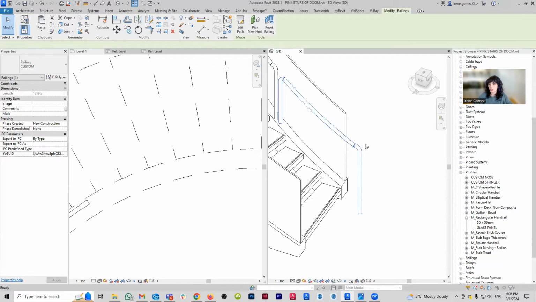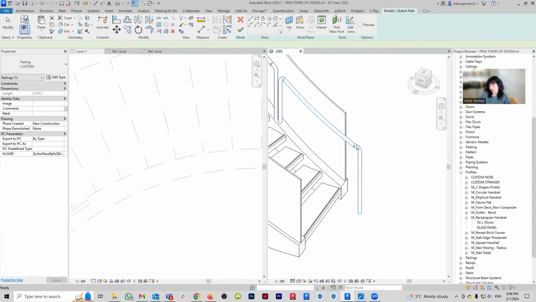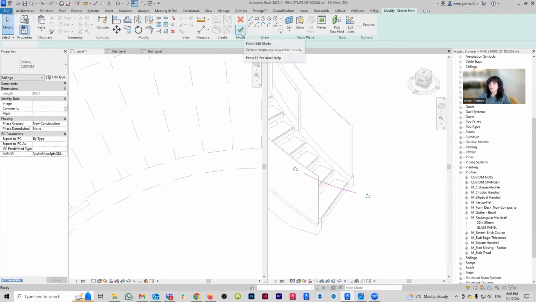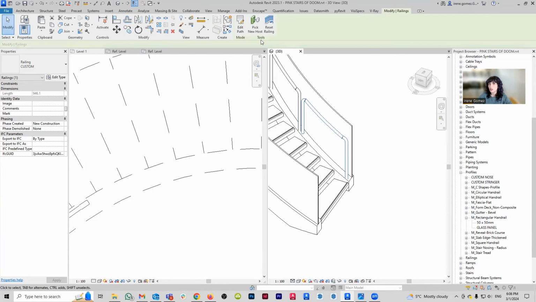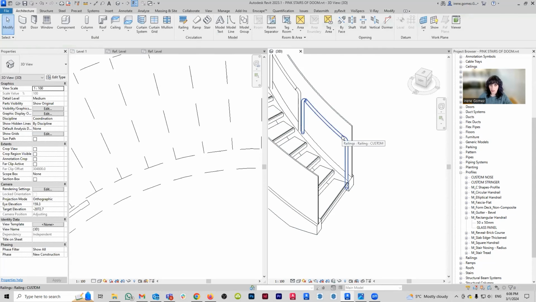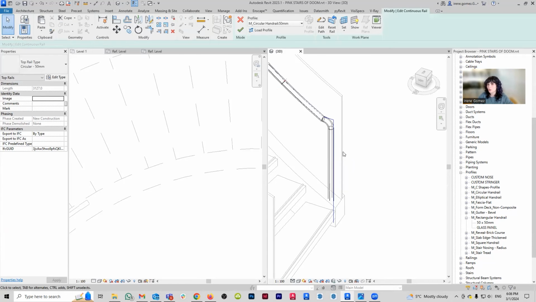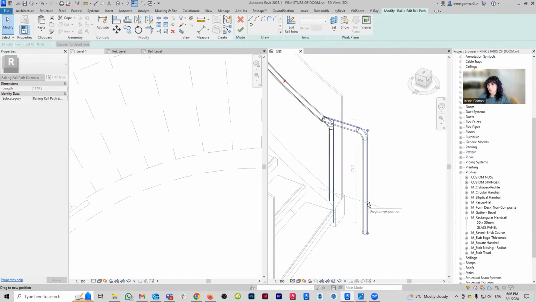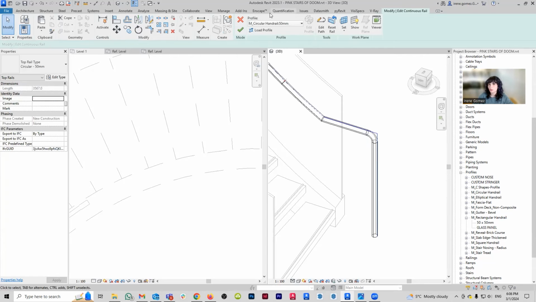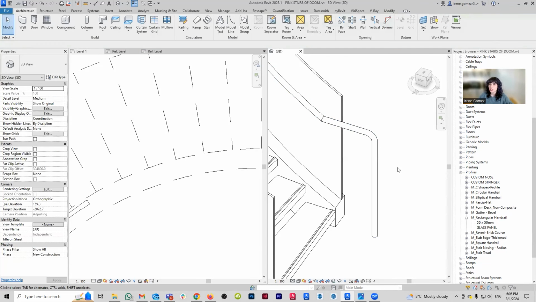Or the other way that we could do it, actually, because I can see that it's deforming the direction a little bit. So the other way that we can do this, that may actually be easier, is to select the railing itself, the top rail, edit the rail itself, and then what we can do is just edit the path, select this line, and just kind of project it a little bit more. Exactly, something like this. Beautiful. Awesome. Okay, so that's step one.